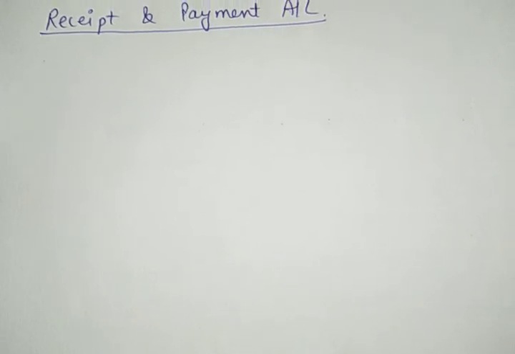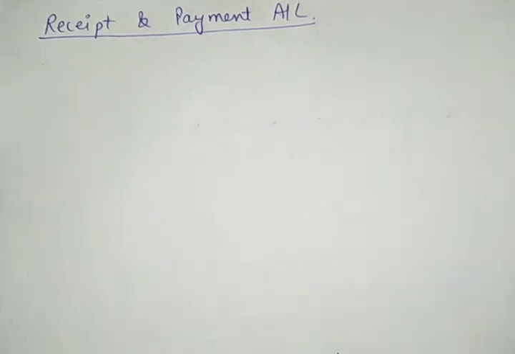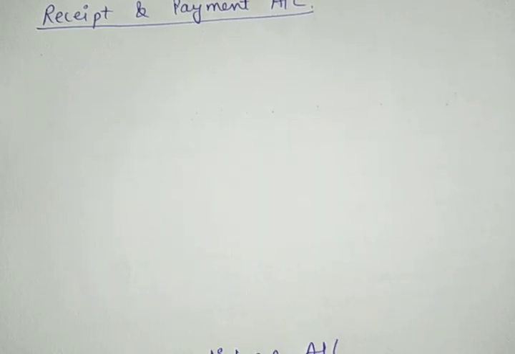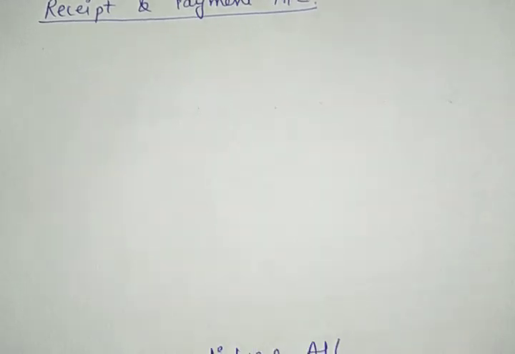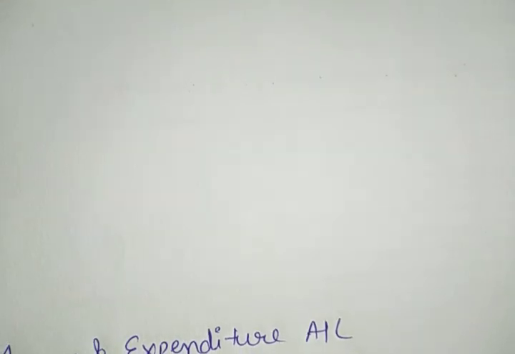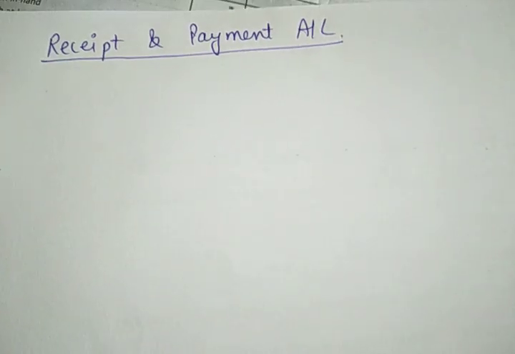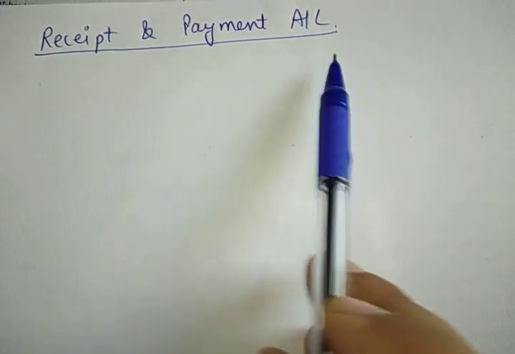Our first unit is financial statements for not-for-profit organizations. What is a not-for-profit organization? Look, students, it is an organization which is running not to earn profit, which means the major objective is not to earn profit, it is to serve the nation, to serve the population of the country. That is a not-for-profit organization. While accounting for such an organization, we first of all make the receipt and payment account.